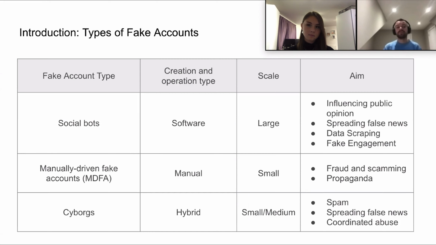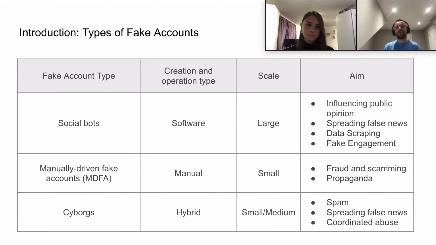Fake accounts can be divided into 3 broad classes. Automated fake accounts, sometimes called social bots, are software-controlled profiles that can post and interact with legitimate users via a social network communication mechanism, just like real users. Usually, social bots are created at scale via automated registration of new accounts. The types of abuse caused by social bots vary and include misinformation, data scraping, and fake engagement.